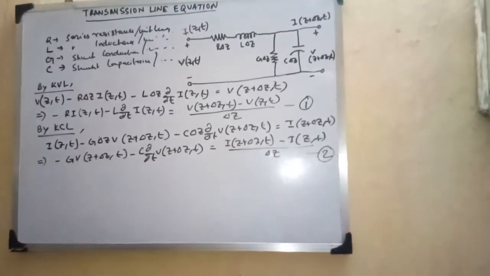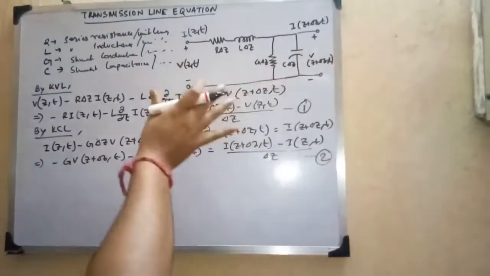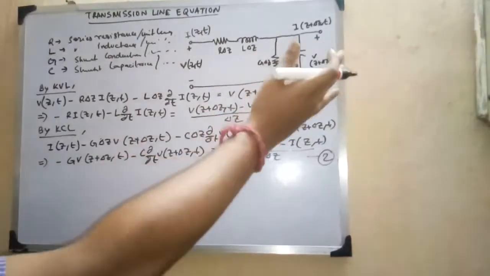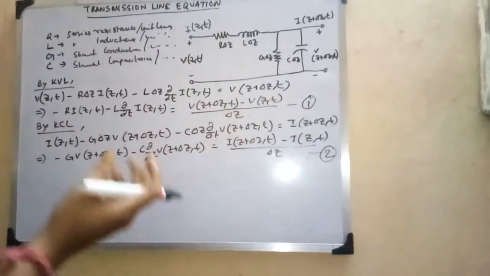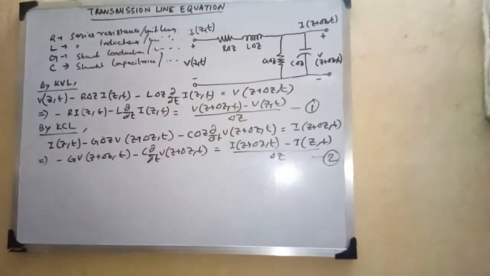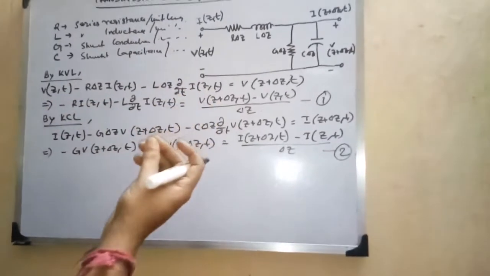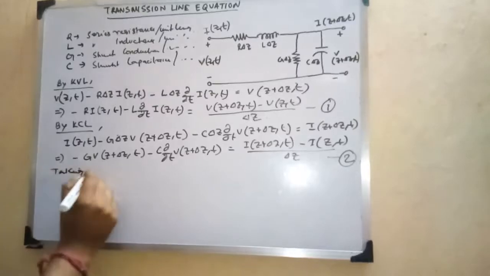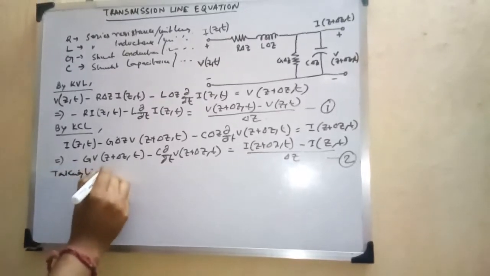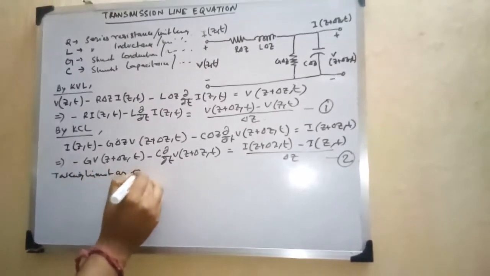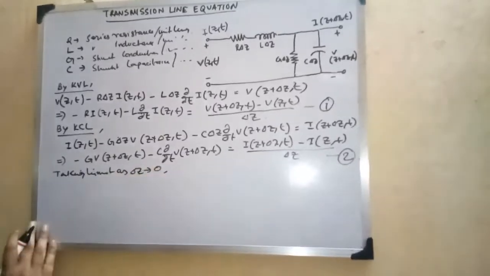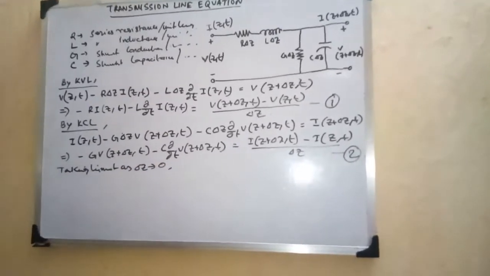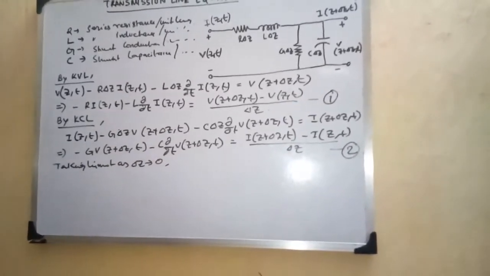Now, since this del z is the definite length of the transmission line, let us consider this finite length to be infinitesimally small. So we take the limit as del z tends to 0, right? We take this del z tends to 0, so we will simply put this value of del z in the